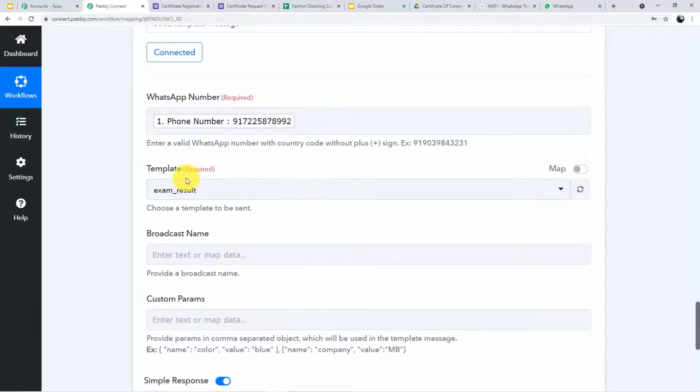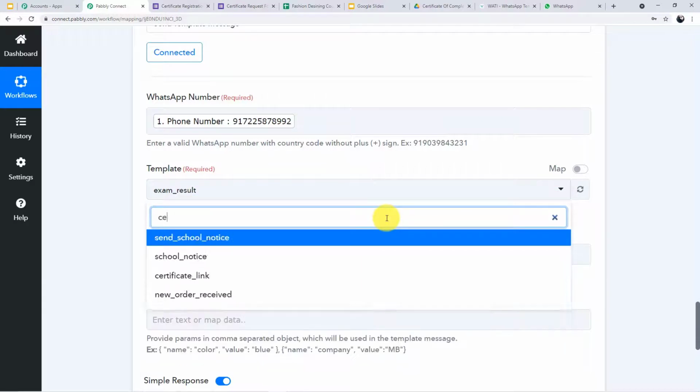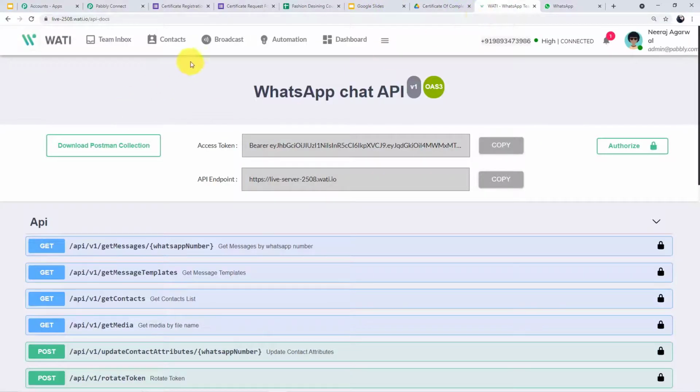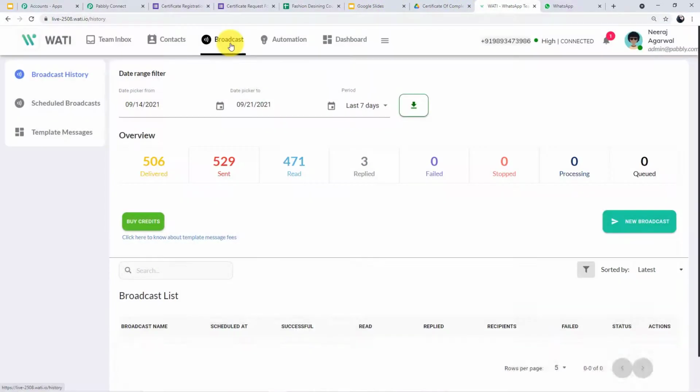Okay. Now it is asking us for the template. So we'll map the particular template. My template is certificate link, if you can see. Now people don't get confused about where I have marked this certificate link. Let me show it to you. If you go back to Vati, click on broadcast.